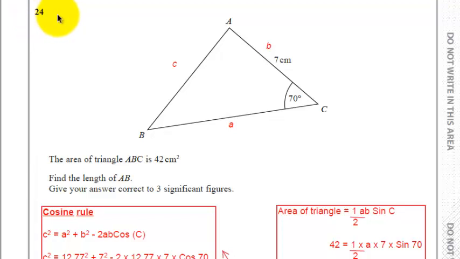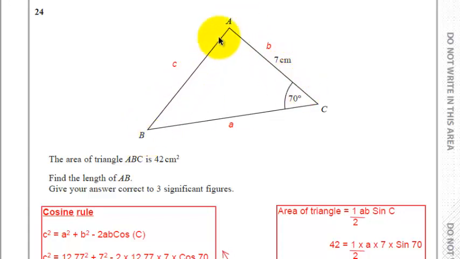Question 24. The area of triangle ABC is 42 centimeters squared. Find the length of AB. Give your answer correct to 3 significant figures. So the length AB is the distance from A to B that I'm highlighting now, and the corners of the